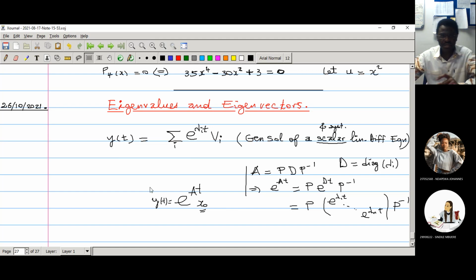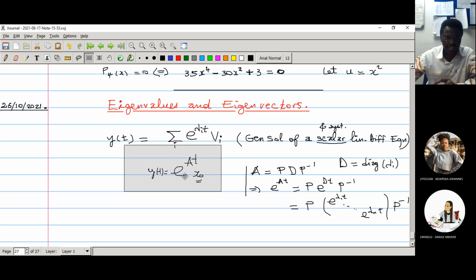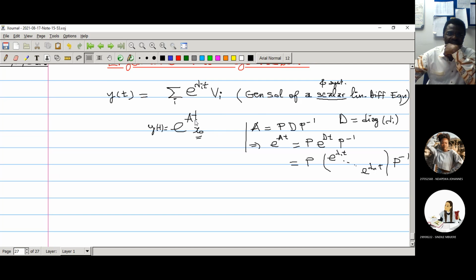Okay, so that's for the introduction. At least I took this example to motivate and show you that it is very important. Now, coming back to this, if you want to get the eigenvalues of A, it's obvious that if A has a small size, you easily compute the eigenvalues and eigenvector. But now, if the matrix A is very large, how are you going to compute the eigenvalues and eigenvector?